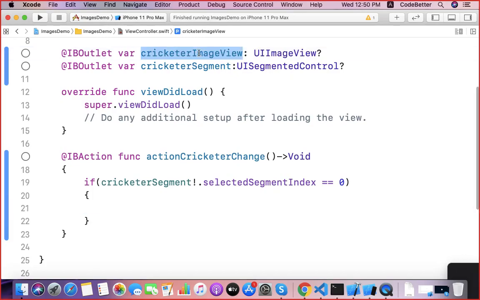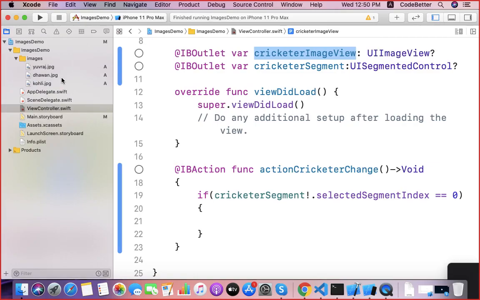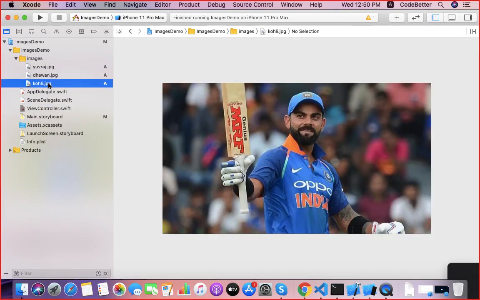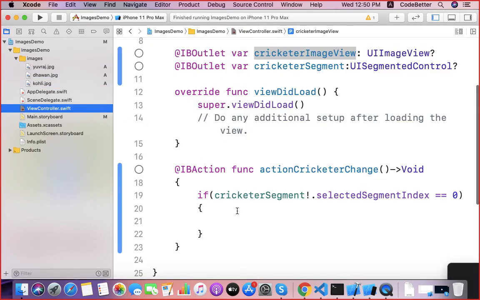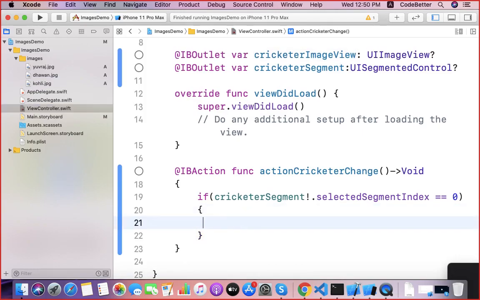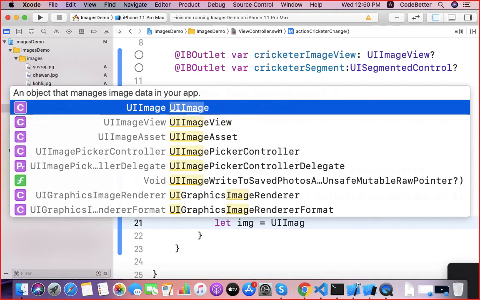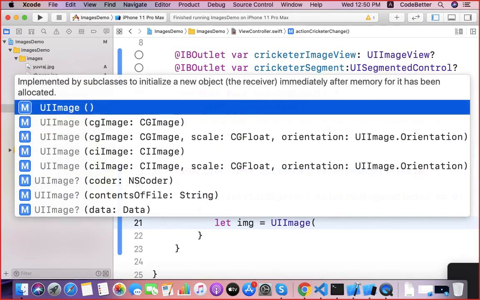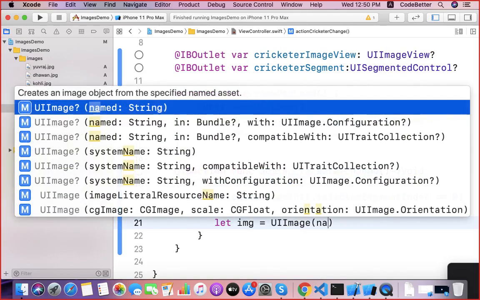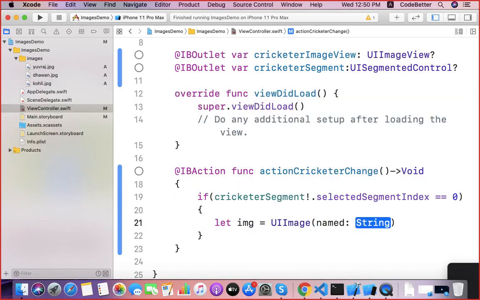So we will attach Kohli's image to this cricketer image view. What is the name of Kohli's image? Kohli.jpg. To attach it, we first store that image in a UIImage object. The UIImage class represents one image at a time in memory. It represents that image file, and to load that image file, we can pass the name of the image using the named initializer.